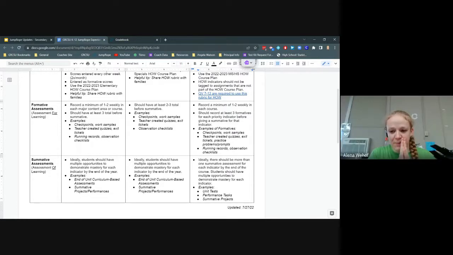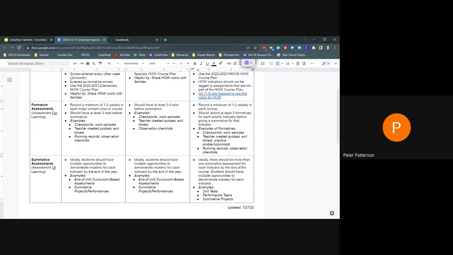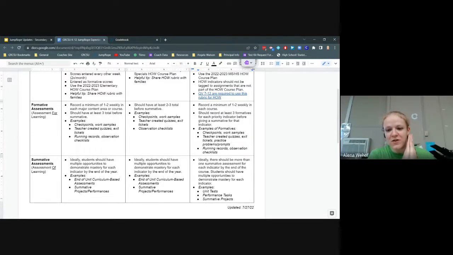To make sure I'm understanding the phrasing: if I'm going to give a summative assessment on indicators A and B, then before I give that assessment, I need to have formatively assessed indicator A 3 times and indicator B 3 times. Depending on my content area and my indicators, those may have been 3 formative assessments that all looked at A and B, and then on the summative, I'm looking at A and B. Or it could be that I did 3 formatives on A, 3 formatives on B, and then gave a summative on both. Either of those would work.